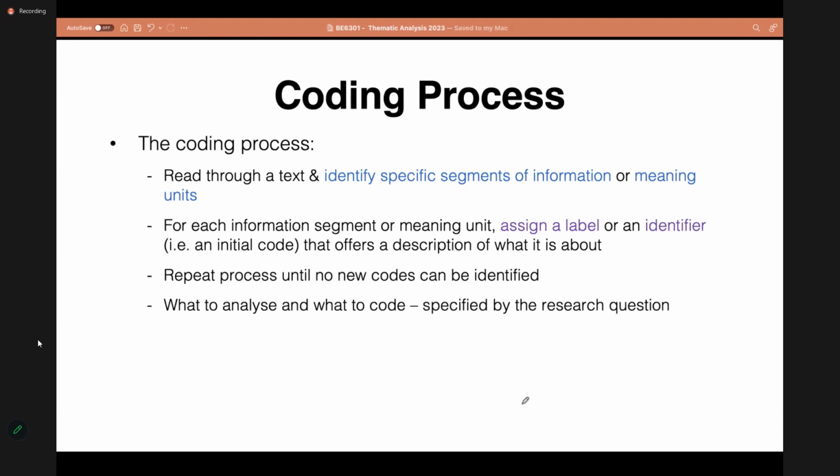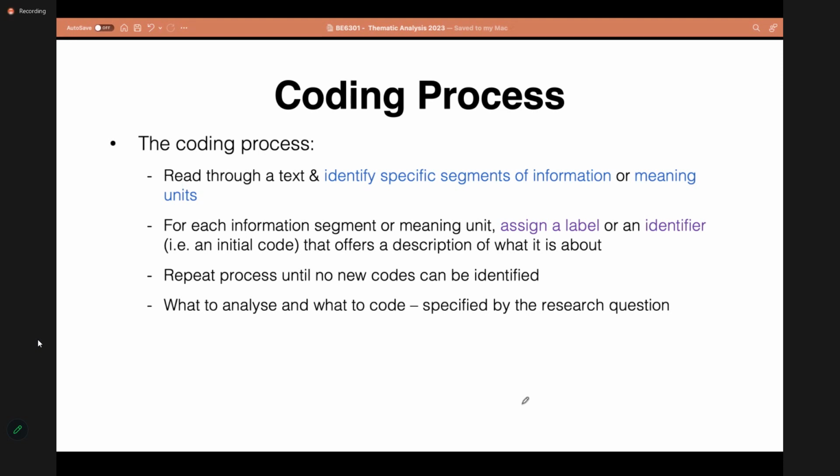So how do we do coding? We have to read through our text and identify specific places or segments of information and try to assign a label or an identifier to describe what that talks about.